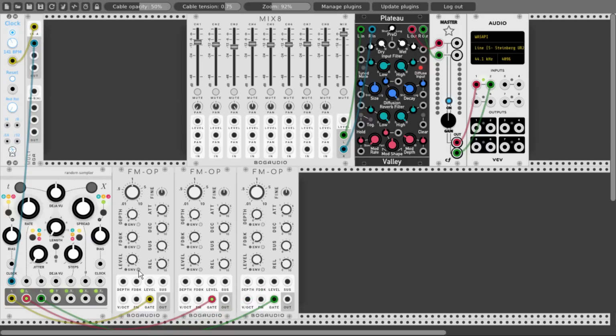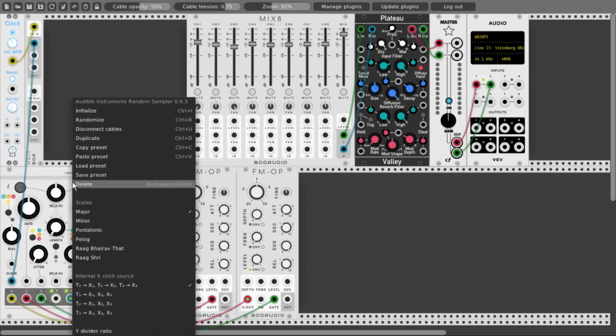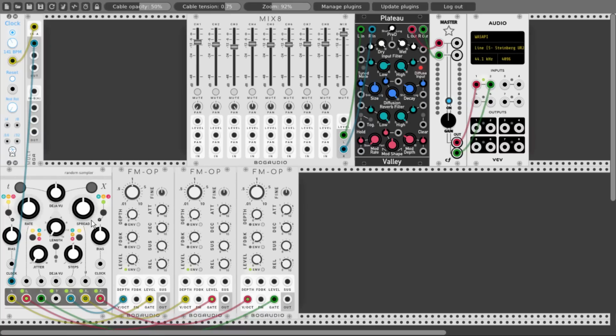Let's activate also the level envelopes and take the attack all the way down so we have something nice and snappy. And the CV outputs we will send to the volt per octave input, so again X1 to the first oscillator and so on. Let's change also the scale of marbles to a minor scale and the voltage range to 0 to positive 2 volts, again because we are modulating pitch. And let's see how this sounds.